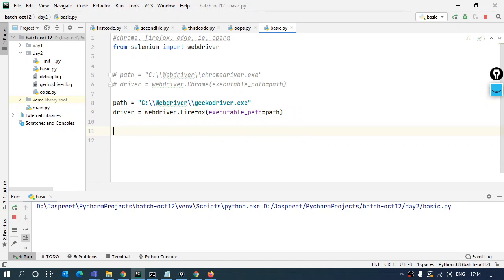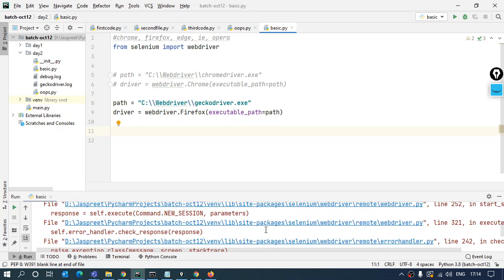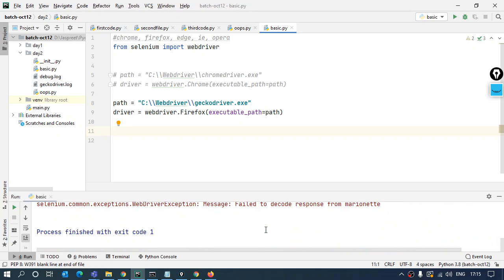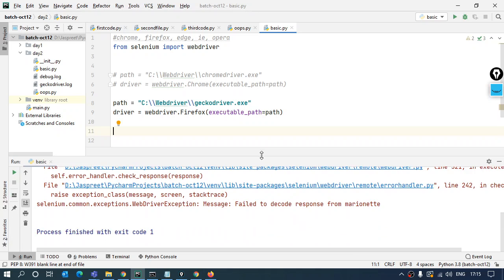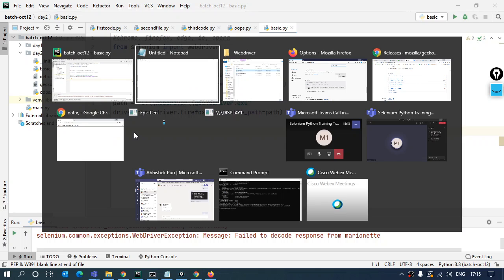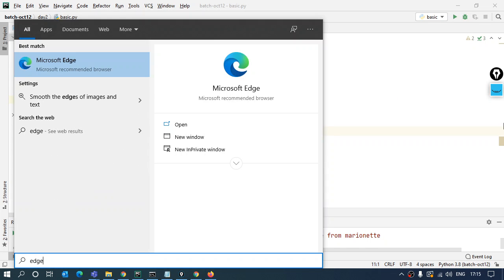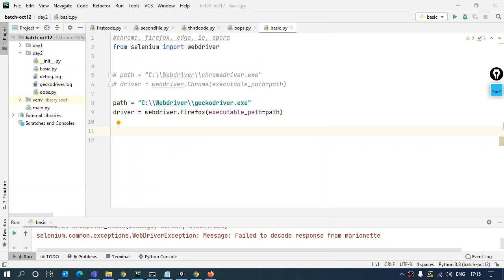Talking about Edge. Now Edge has been updated, the Chromium-based Edge has come, and it works the same way Chrome does. I got some error because I closed it in between while it was still loading. I'll just let this go right now. For Edge also you need not do any changes. Same thing, you need to look for the version and where it needs to be checked.